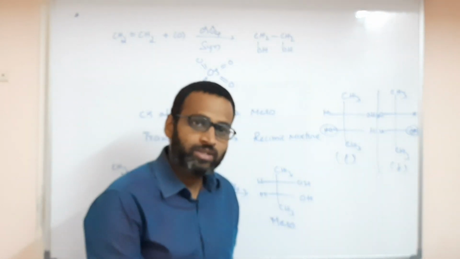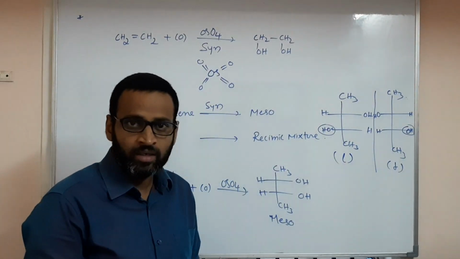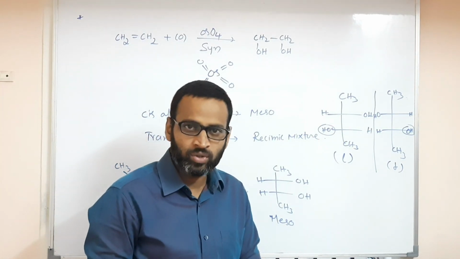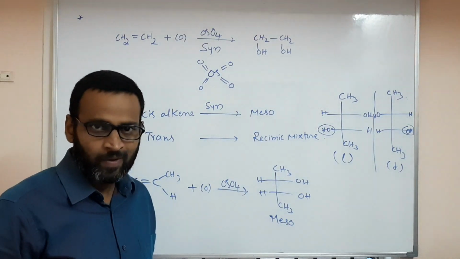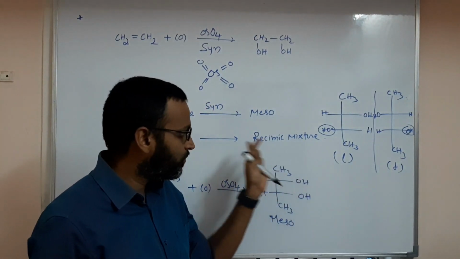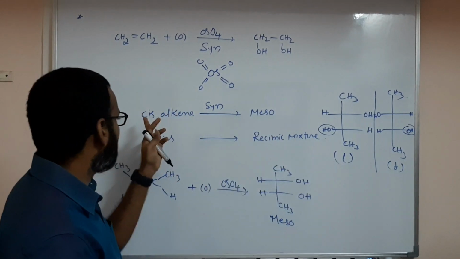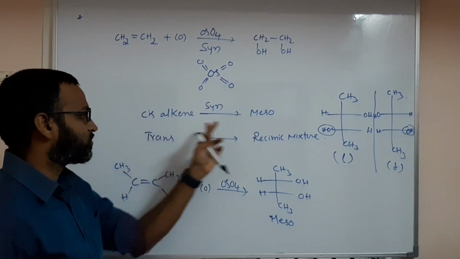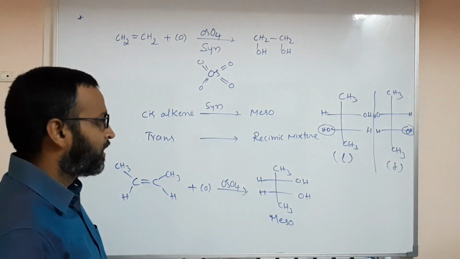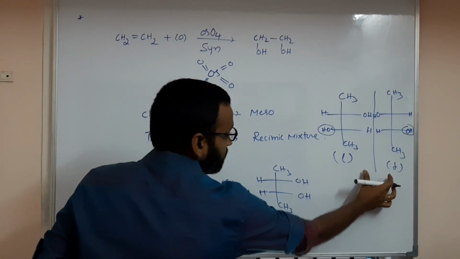So that is optical isomerism. We did two videos in the previous for second years. I hope the remaining also know that, and I'll send those again afterwards. But now you have to understand all these things: cis gives meso, trans gives a racemic mixture. You must know these things, please. So this is called a racemic mixture.